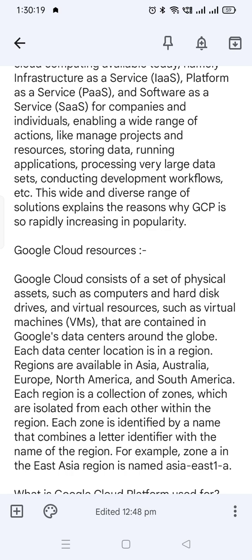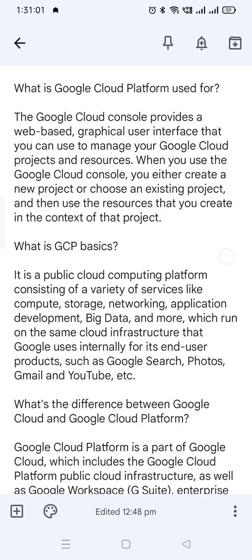Each region is a collection of zones which are isolated from each other within the region. Each zone is identified by a name that combines a letter identifier with the name of the region. For example, a zone in the East Asia region is named asia-east1-a.